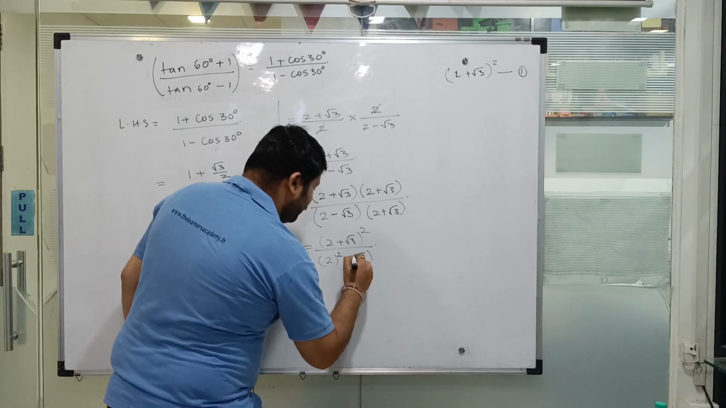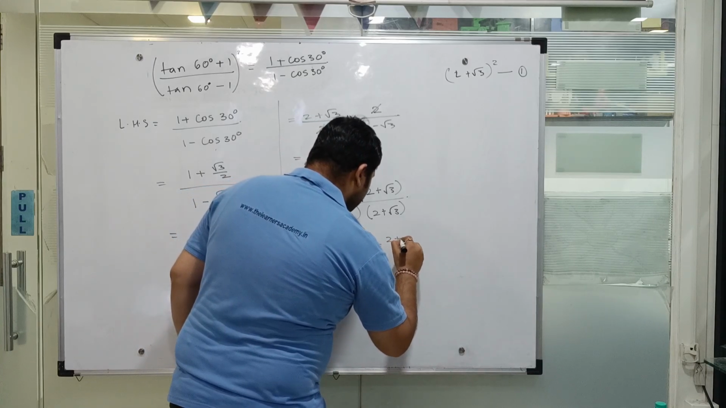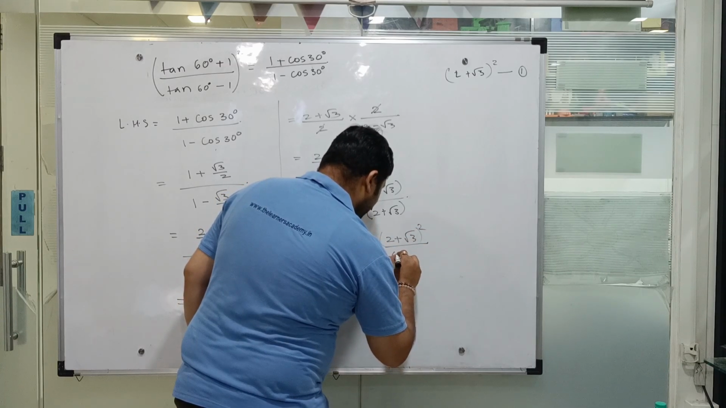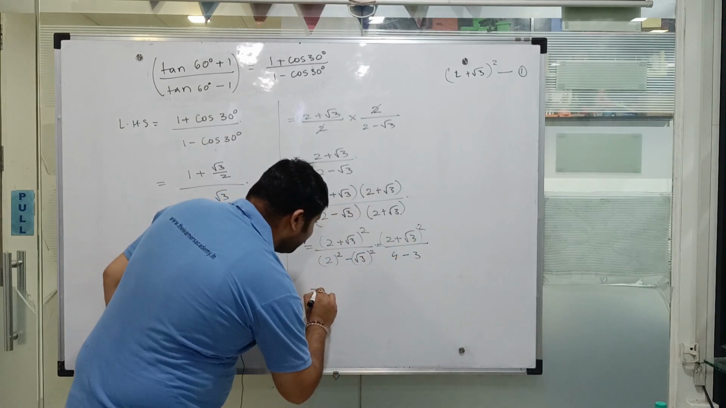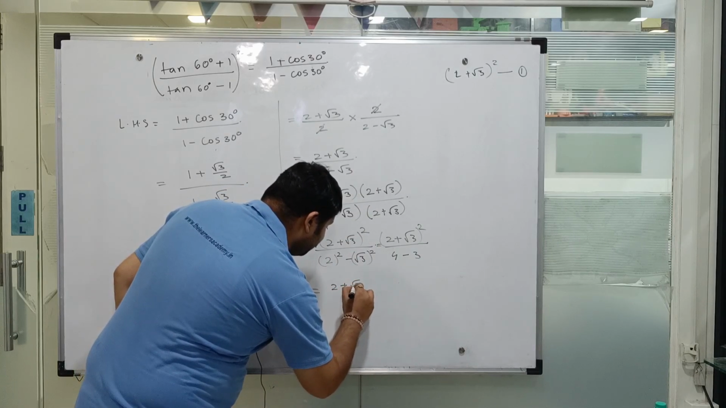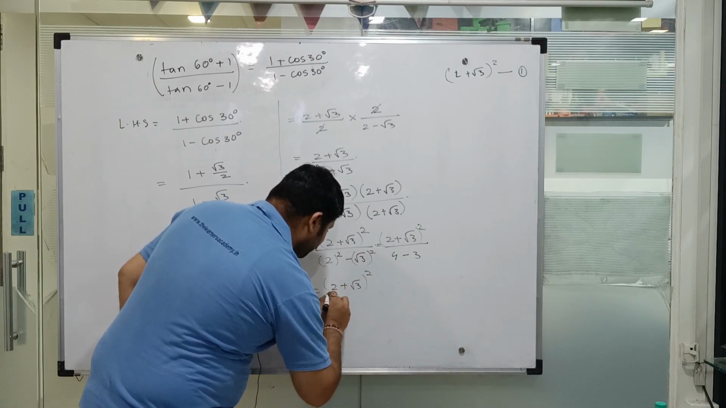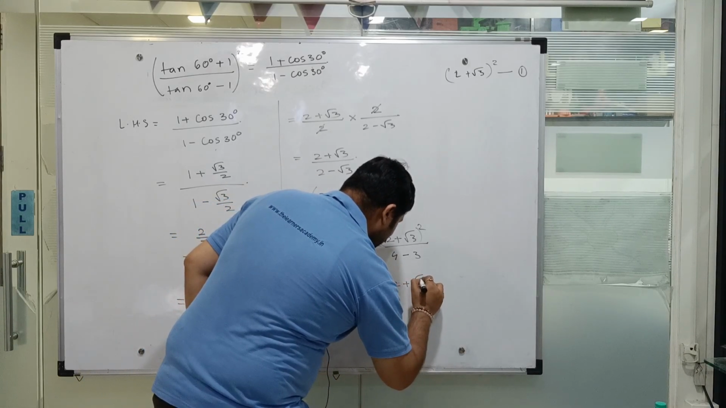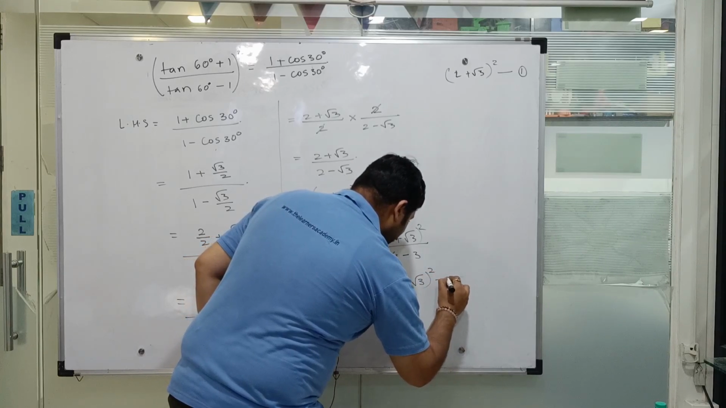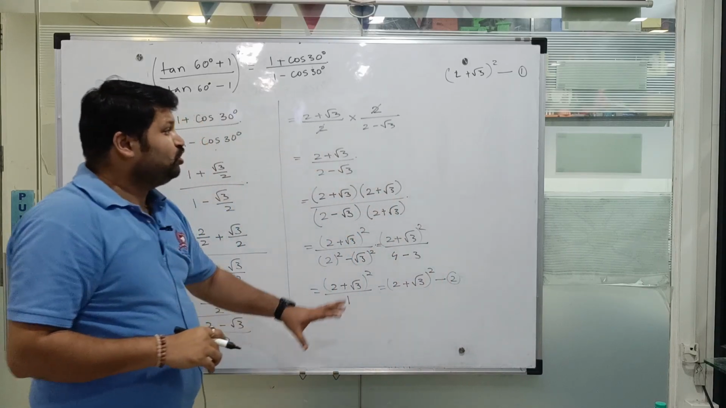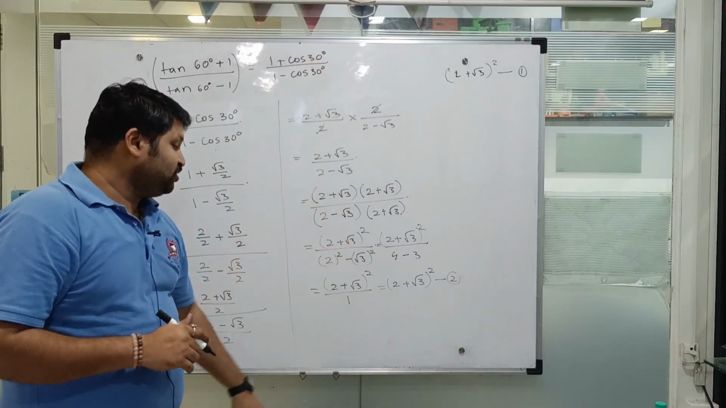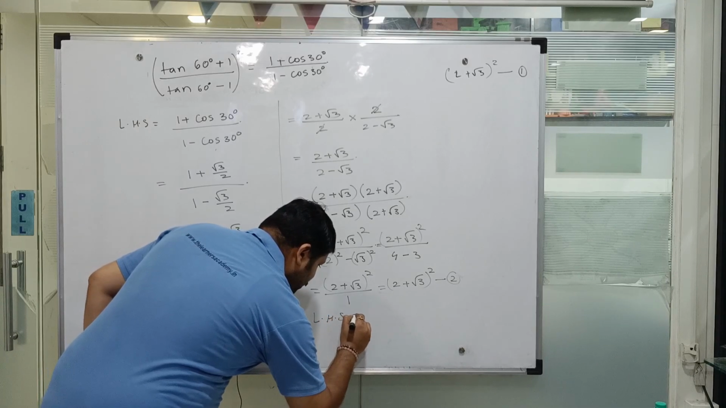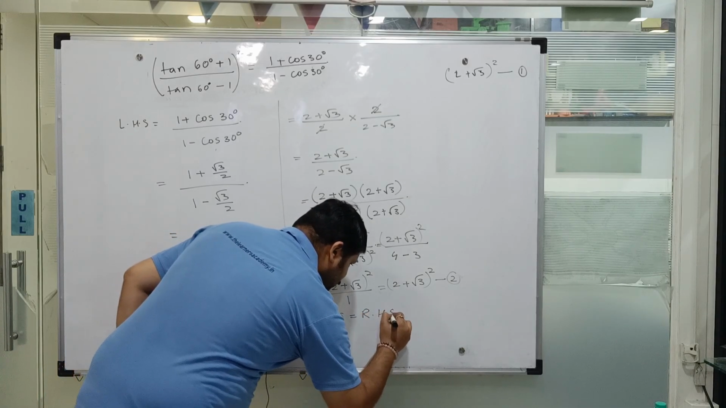minus (√3)². So that's (2 + √3)² divided by 4 − 3, which is 1. So we can simply write it as (2 + √3), the whole thing squared. This is my statement 2. So from statement 1 and statement 2, we can say that LHS is equal to the RHS, and we'll write this in brackets